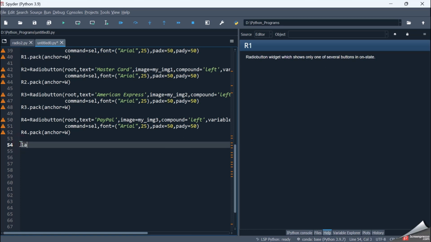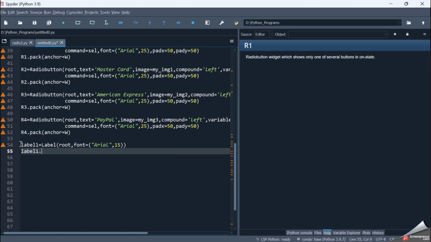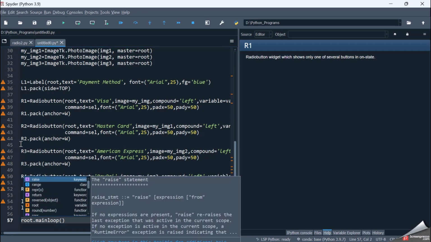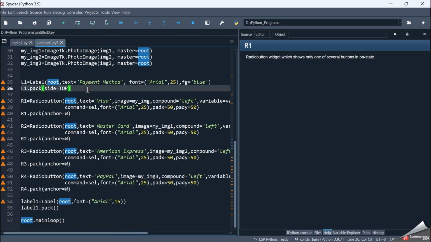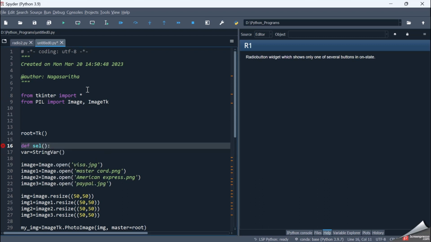So let me call it as label1 equal to Label, place it in root, font equal to Arial, 15, and let me pack it onto the screen by saying label1.pack. And afterwards let me have my main event loop, that is root.mainloop. Now I have to write a function for sel which gets called when the radio button is selected. So def sel is the function,